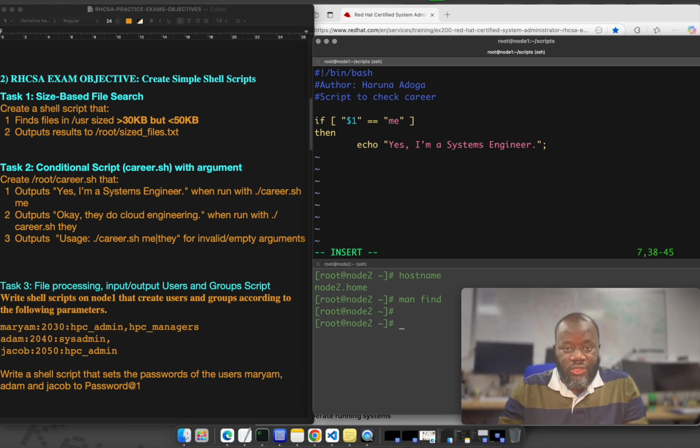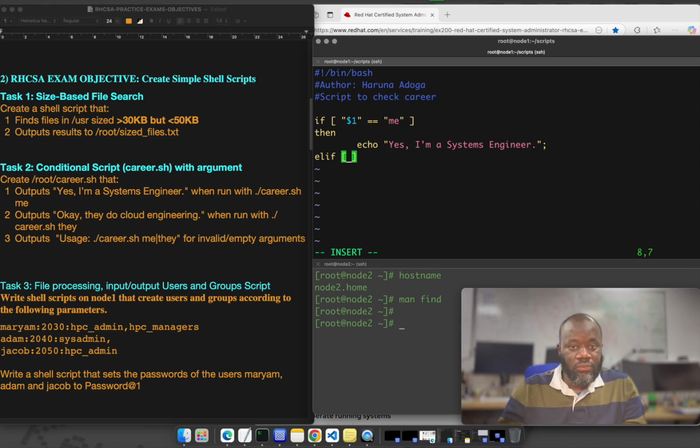If this condition is true, I want to echo that. But then elif, that's else if in Python, Java, or other programming languages. So elif means if this is not the case, if I get something else,